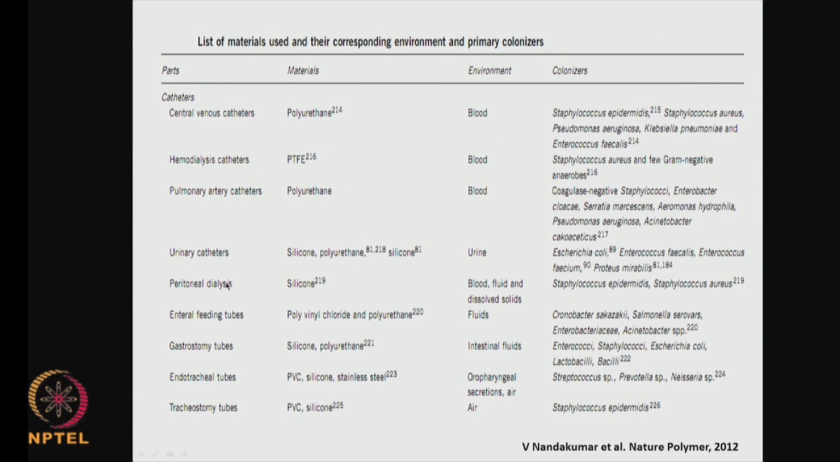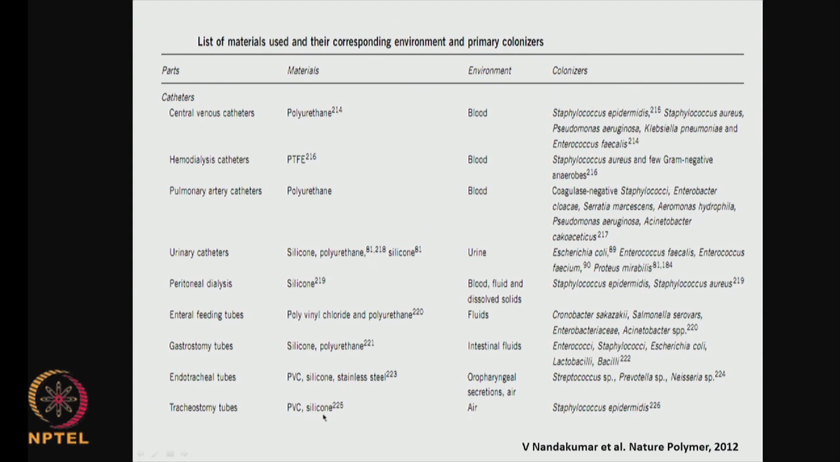Look at peritoneal dialysis, silicone. It will have interaction with blood and fluids, solids, and you can have Staphylococcus epidermidis and Staphylococcus aureus. Enteral feeding tubes like PVC or polyurethane, generally fluids, again you can look at the type of bacteria here. Gastrostomy tubes made up of silicone, polyurethane, intestinal fluids, again Enterococcus, Staphylococcus, E. coli. Again endotracheal tubes, PVC, silicone, stainless steel, again you can have Staphylococcus,